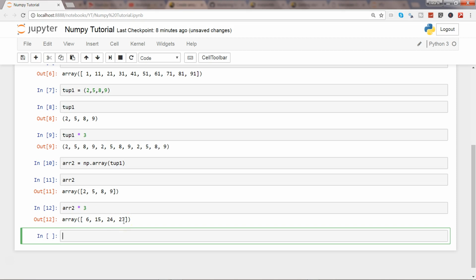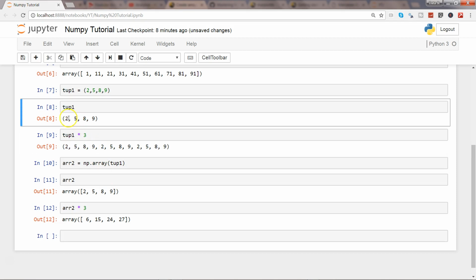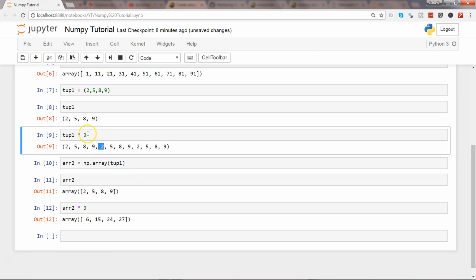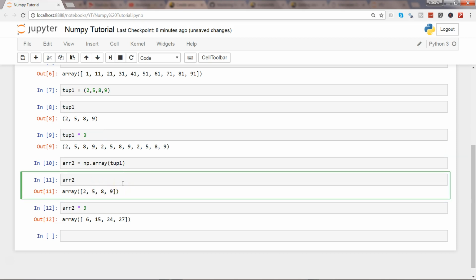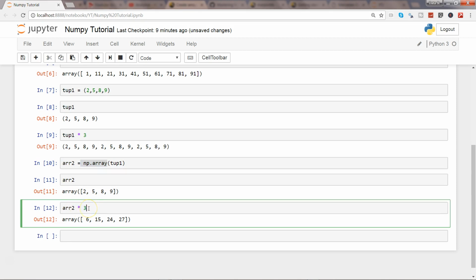So you really need to decide what type of outcome you want. If you want an outcome where your list, or your tuple in this case, needs to be repeated a couple of times, then you can go ahead with this expression. But if you are looking for a mathematical expression, which is usually the case in most scenarios, then what you need is conversion of a tuple type into an array type using the np.array function,